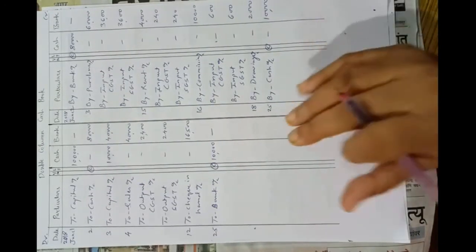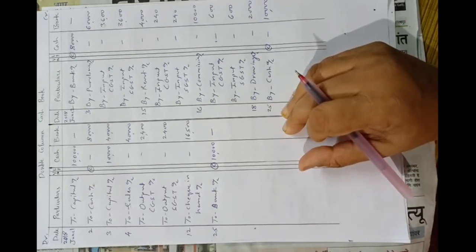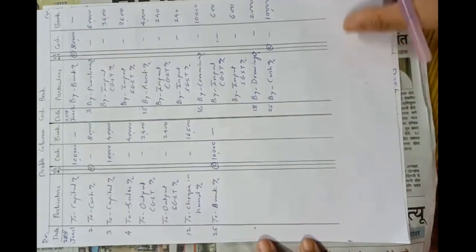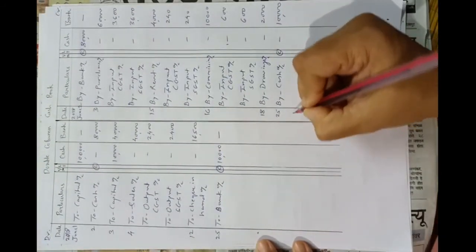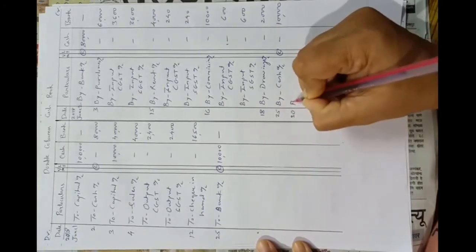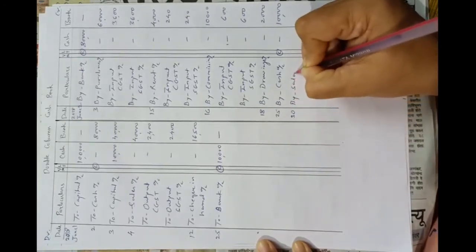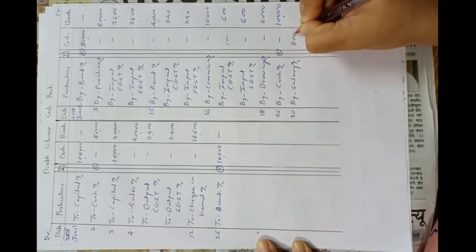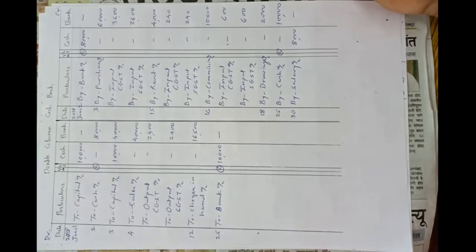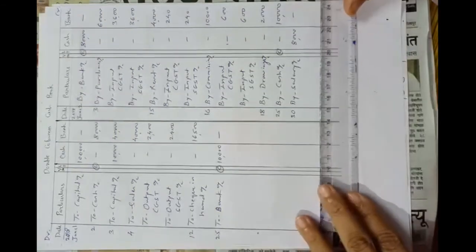Understood? Now next entry. Paid salary rupees 8,000. This is an easy entry. On 30th June, by salary account, amount will be in cash column, because check is not mentioned, so it will be paid in cash. Okay, now we have to tally cash account, and that is cash column and bank column.